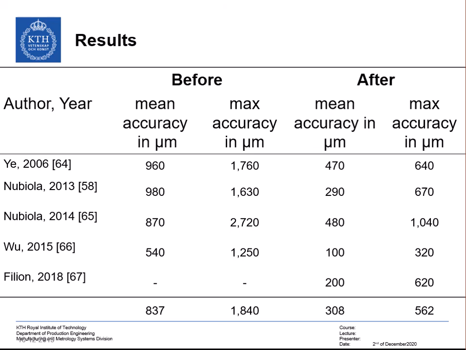Results. The table shows the mean and maximum positioning accuracy before and after calibration for several research works. All research works cited in the table employ different industrial manipulators and measurement instruments in the measurement phase to perform calibration. It is possible to employ a wide range of methods, instruments and models. These methods have their potential strengths and weaknesses in terms of time, cost and their ease of use. In general, manipulator calibration improves the positioning accuracy from above a millimeter to less than a millimeter.